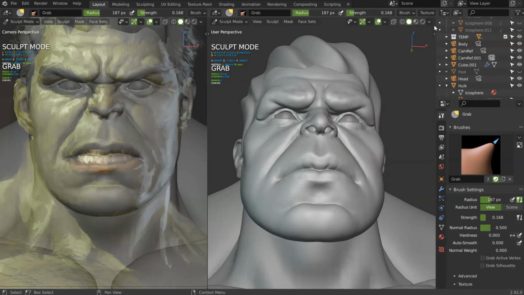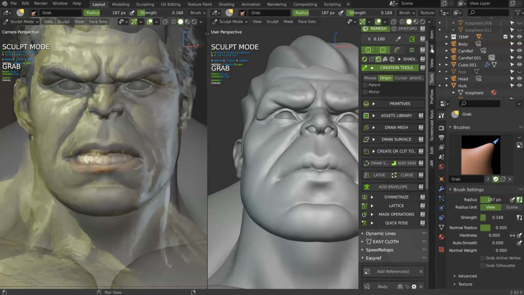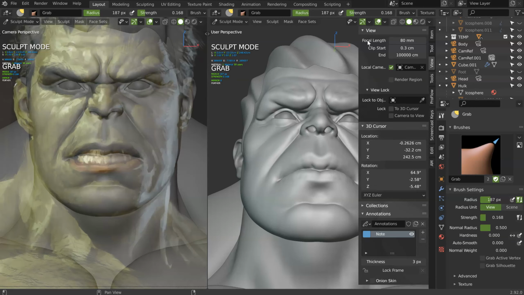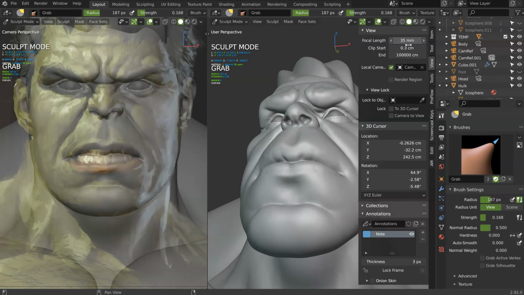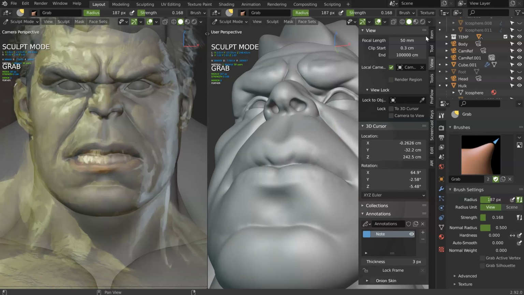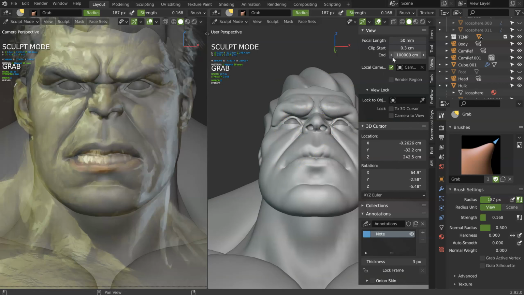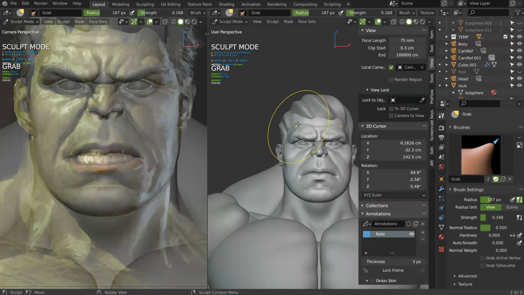Yep. Just want to check my model. Also, be careful about the view tool. View for the focal length. Previously on Blender it was that, so it was really weird. Now actually this is that. Still weird in my opinion. You can use this. It's up to you.